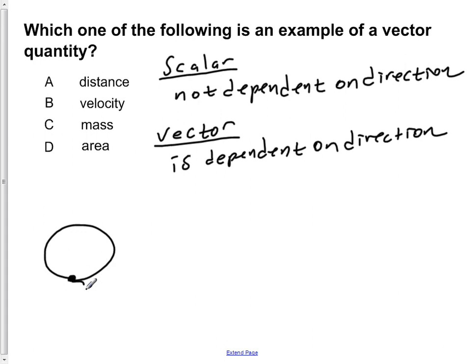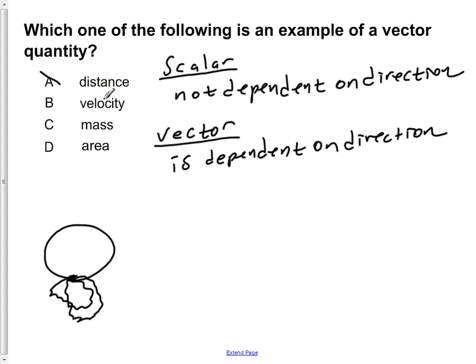We could also move in other weird ways around here that would cover the same distance as if going around the circle, and all of these would give us the same distance. So in all these we're going in different directions, but we're still covering the same distance. So we can see that distance is not dependent on the direction of the path you take, so